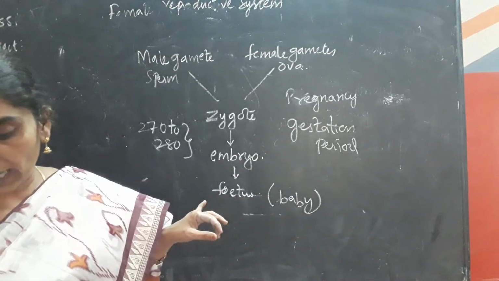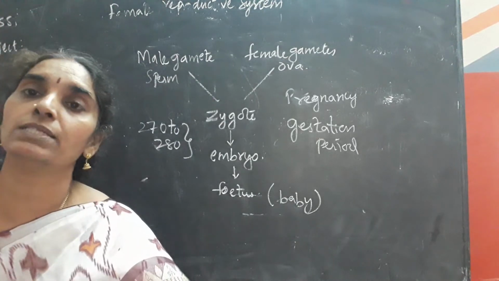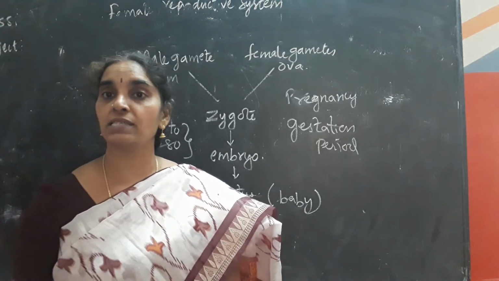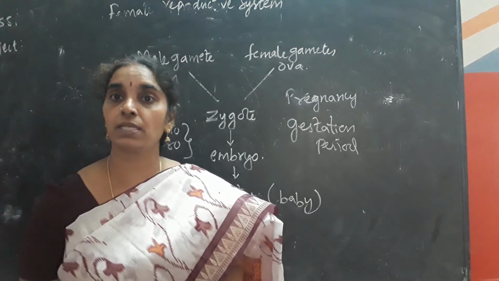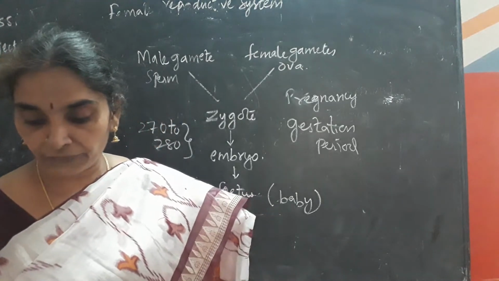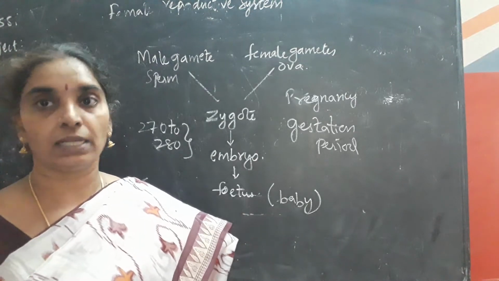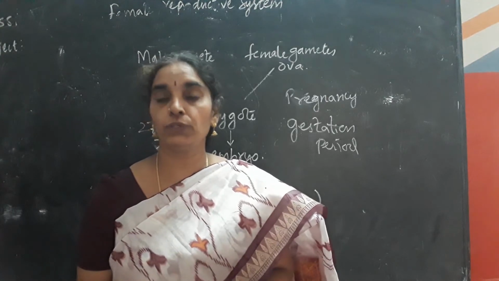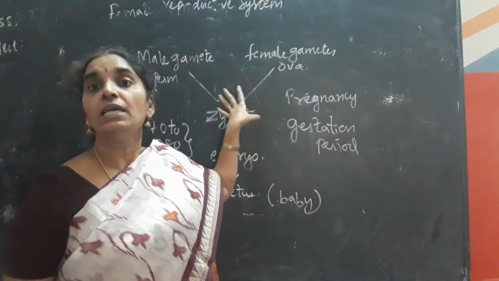So think what would happen if animals stopped giving birth to their babies. If the animals stop giving birth, the next generation will not exist, and the continuation of the species will not take place, which results in the extinction of the species. Fertilization takes place by the fusion of gametes from the mother and father. In human beings, fertilization takes place between the male, that is the father, and the female, that is the mother.